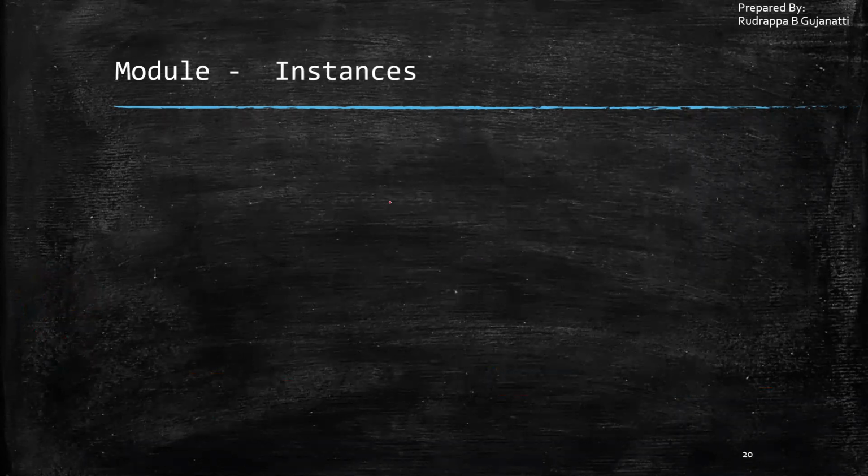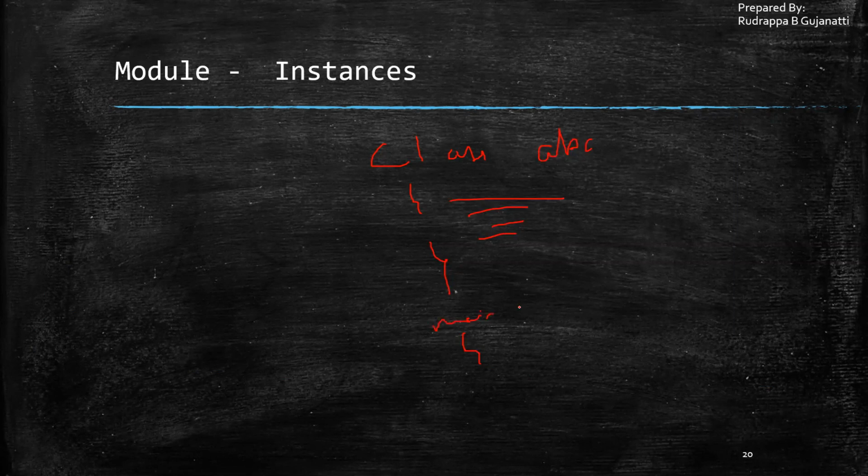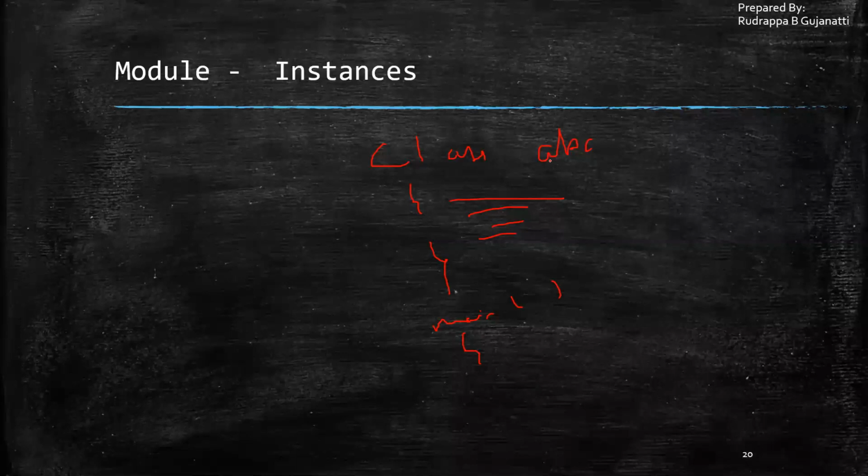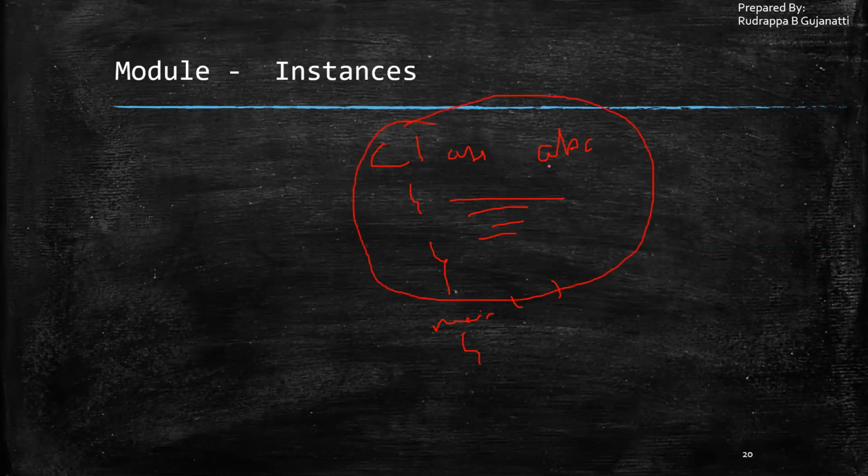Before going to this part, if you know C programming or object-oriented programming, you might have heard something called a class. Say we define it as ABC. You have the member functions over here, and suppose you come to the main function. This is a kind of user-defined data structure, which we call a class in C++.